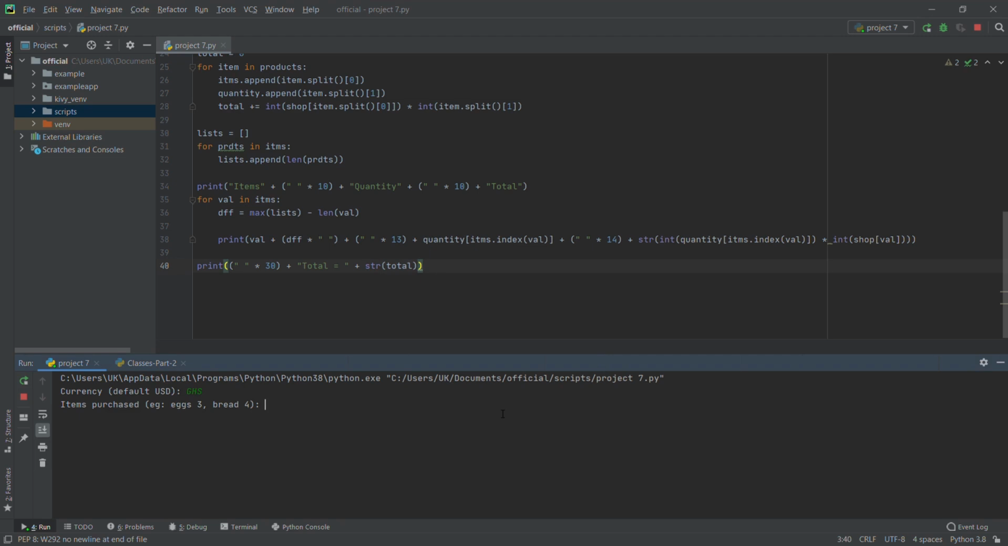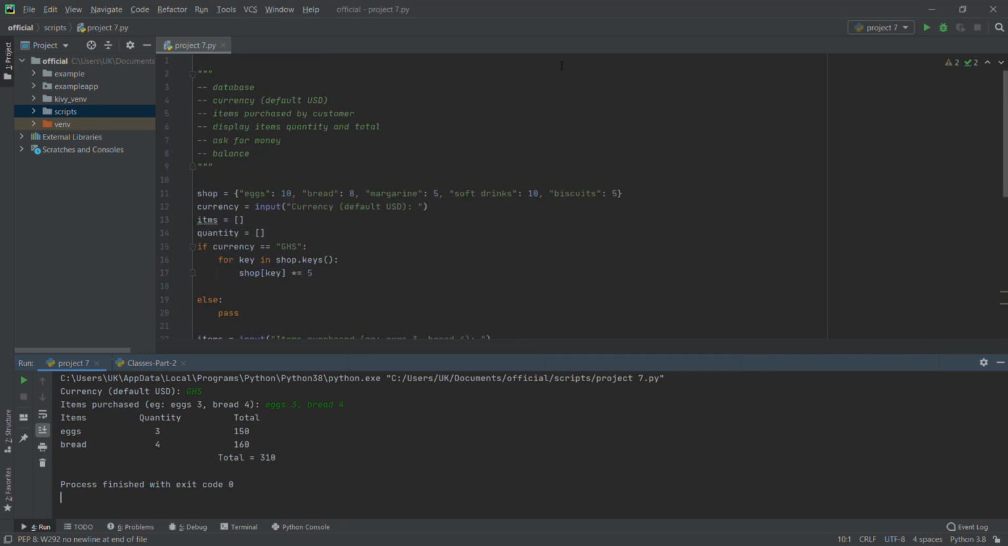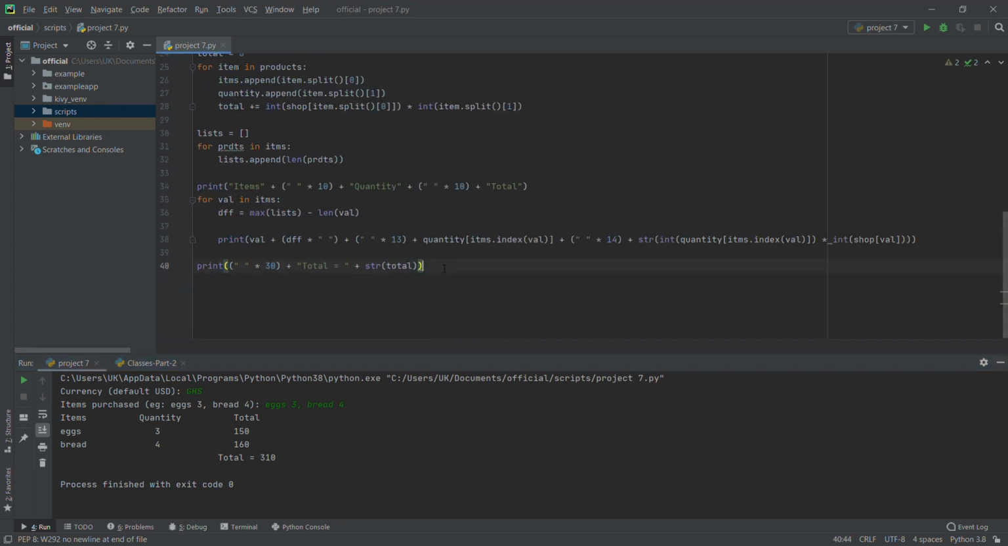GHS, you have x3, you have bread 4. You can see it's calculating now. 150 plus 160 is 310. So simple, we are getting our answer here. That's that for the total section. Now we move on to ask for money and the balance. Just create an input. Let's say pay is equal to input, then I will say payment,